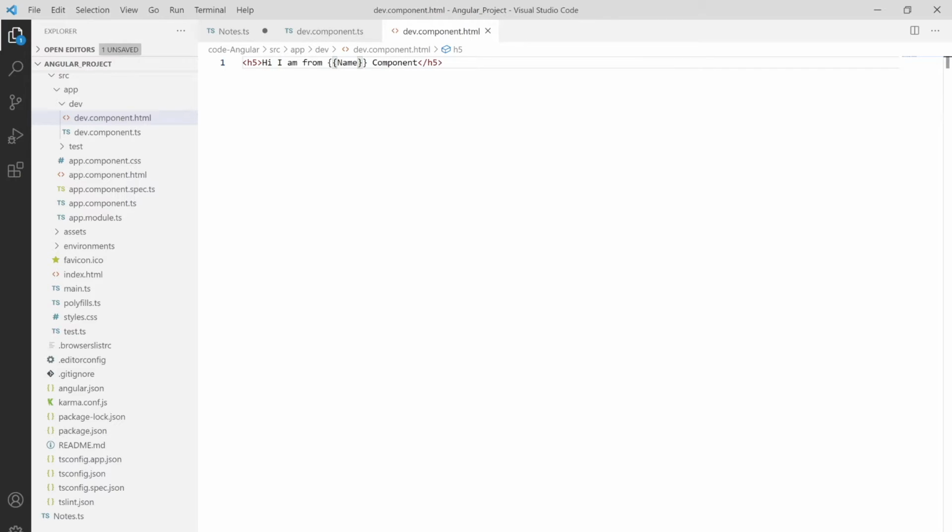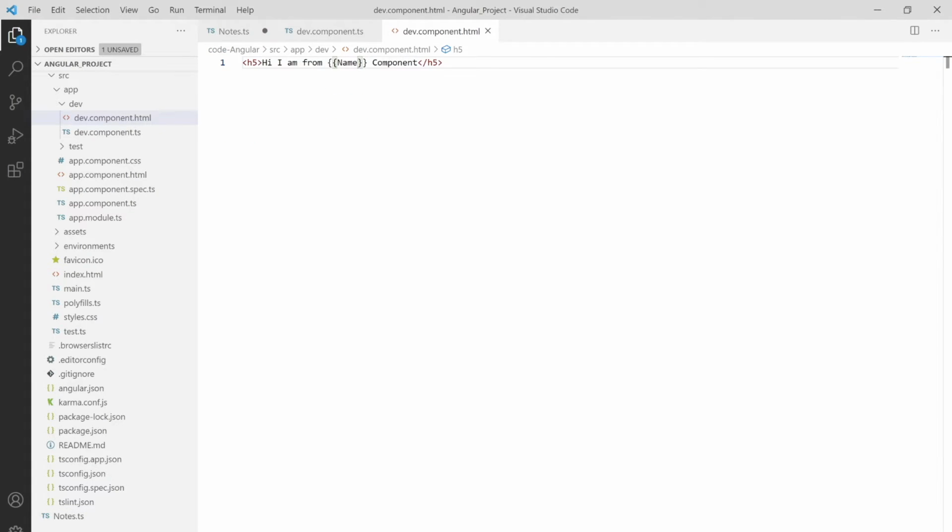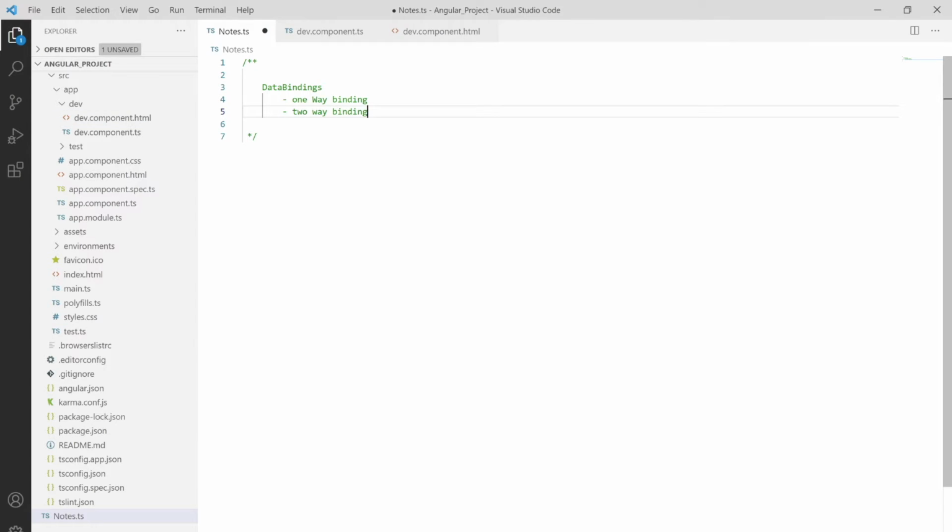So we have these two kinds inside our one-way binding, but Angular also supports two-way binding. In one-way binding we have output binding, and you can simply note this down for your future reference.